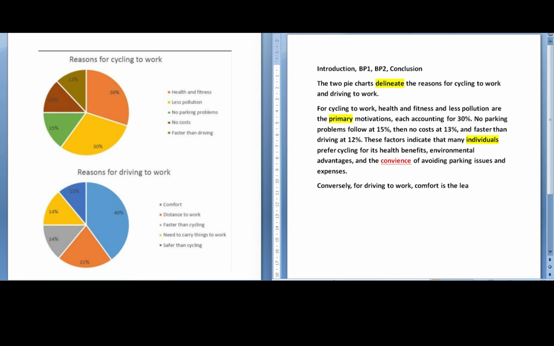Comfort is the leading reason, comma, making up 40%. All good. Distance to work is a significant factor for 21%. Significant is a good word, it means major, or you can write down the major one. All good. Of respondents,